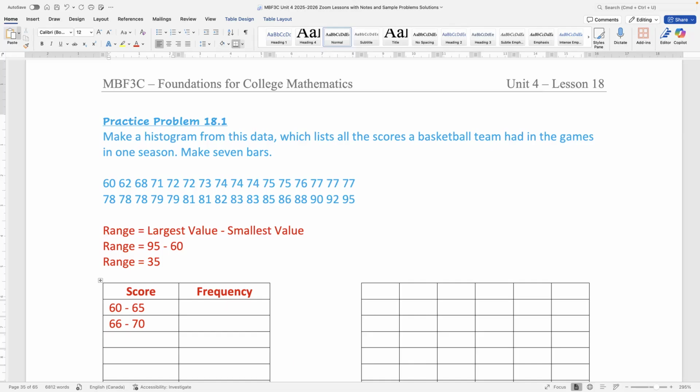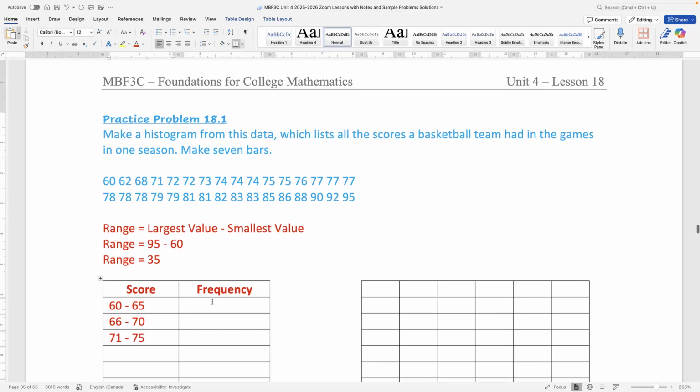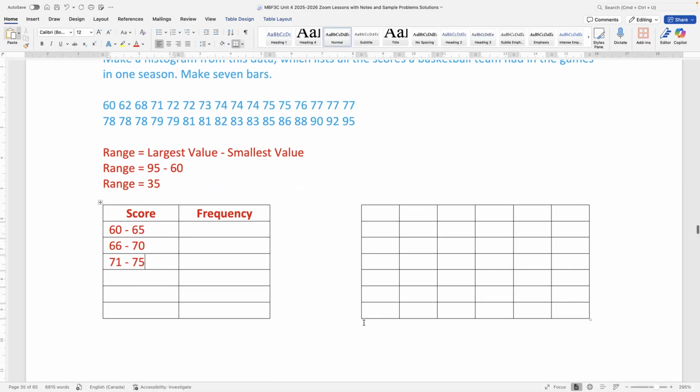So let's see how we're going to work this out. 71 to 75. So if we go 60, 65, 70, 75, 80, 85, 90, we need to add another